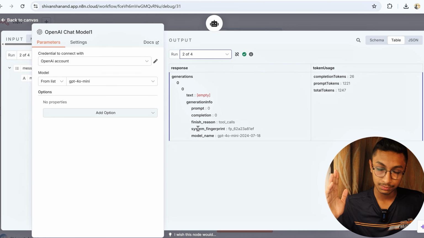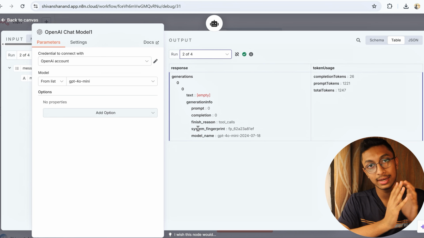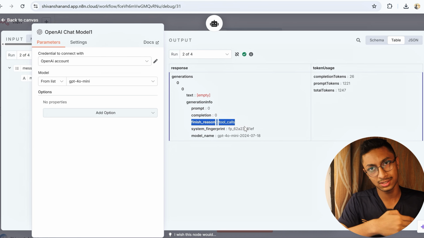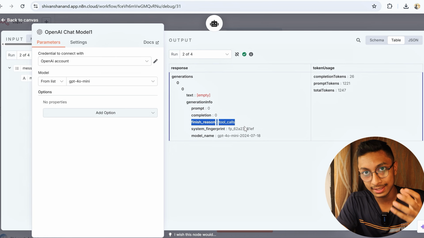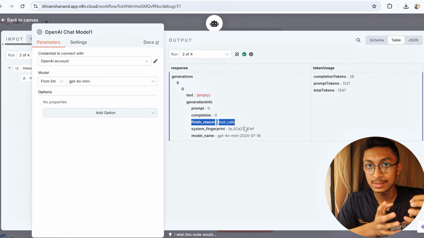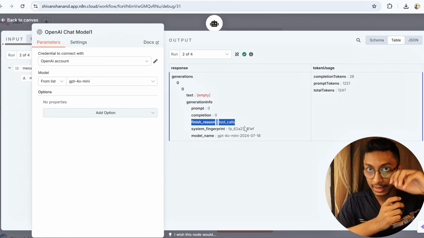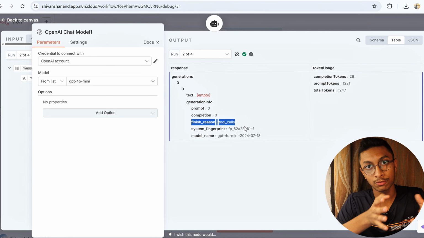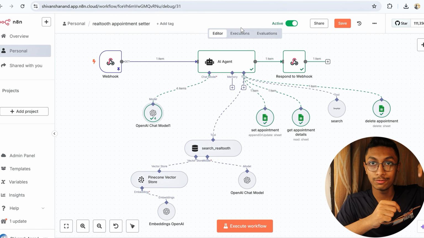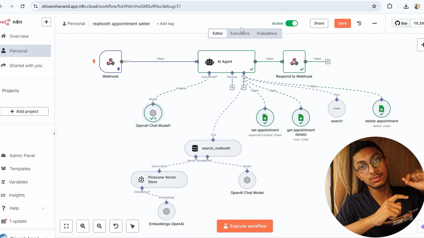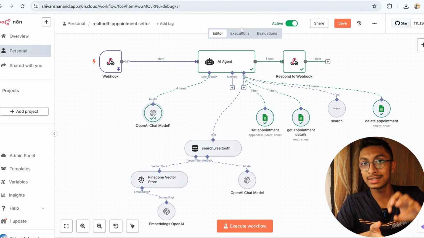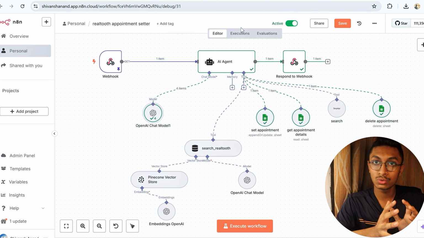So to conclude, what the chatbot is really about is it talks to the user and gets the information, and for each piece of information that it gets, if it is to change the appointment or to set the appointment, it is bundling that information in a variable. It is sending it to this n8n software which I just told you about, and this software is able to decide what it wants to do with that query. If it wants to delete the existing appointment from the Google Sheet and then set the new appointment, or if it just wants to set the appointment and not delete it, or if it wants to get appointment details,